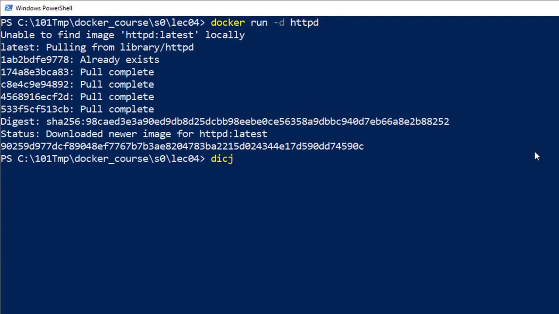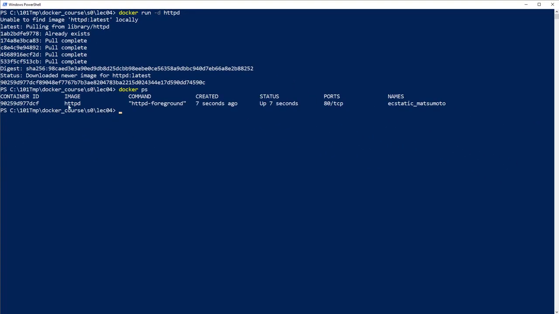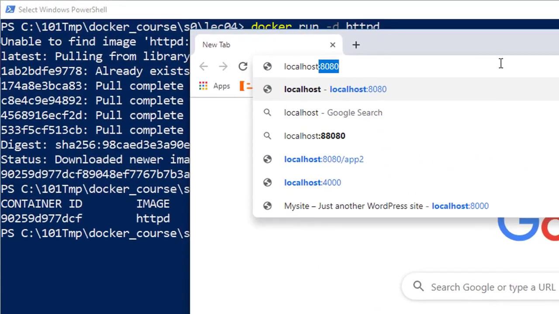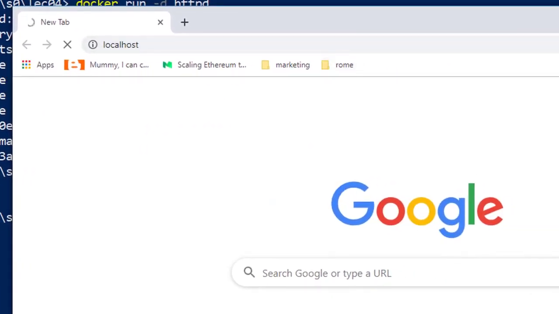If you do a docker ps, you will see that the container ID is running, and there is port 80 on TCP, and it has a name because we didn't give it a name. Now, if I open a browser and go to localhost port 80, which should work, let's see what is going on. Okay, I have a browser here, localhost port 80, and let's see, it's loading,